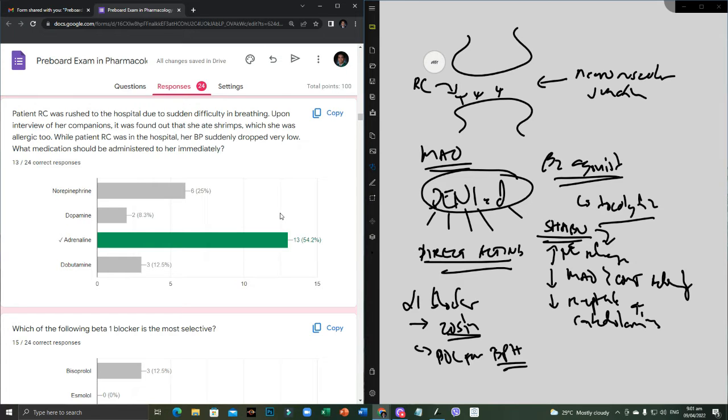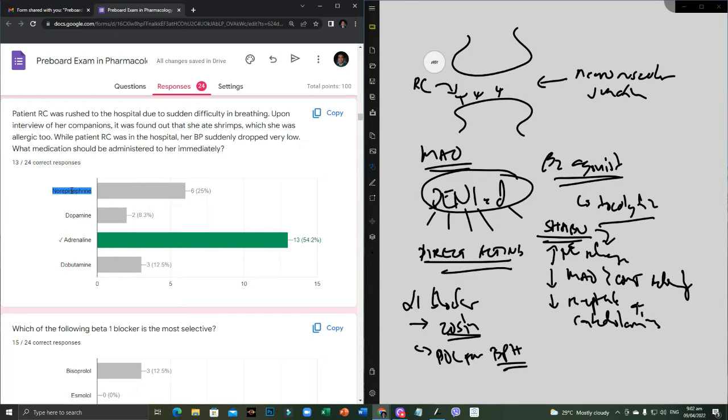Now, say for example, in this scenario it wasn't stated that the patient is experiencing an allergic reaction, and the patient was just brought to the hospital with a very low blood pressure. If the reason for the low blood pressure is unknown, then a good drug choice would be norepinephrine, because this one is mainly used for life-threatening hypotensive events. That would be a good option.